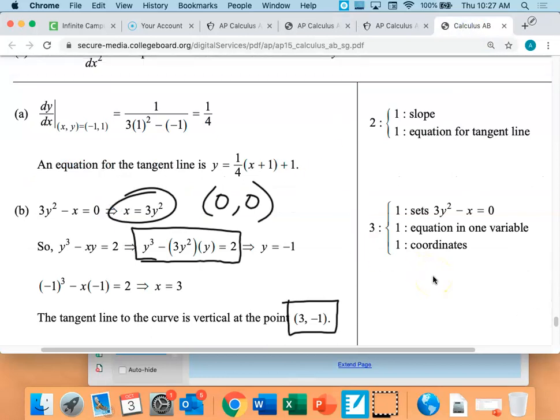If part A was worth 2 and part B was worth 3, how many points was part C worth? 4 points, because every free response question is how many points? 9 points. Now, normally, how much time do you get for a free response question? 15 minutes. I gave you 5, right? So you didn't have enough time, but that's okay. So for the third part,